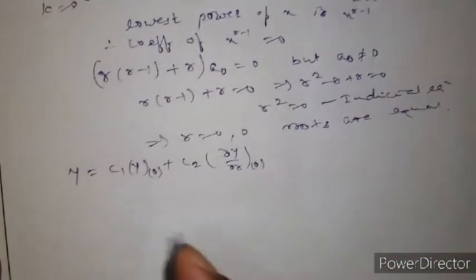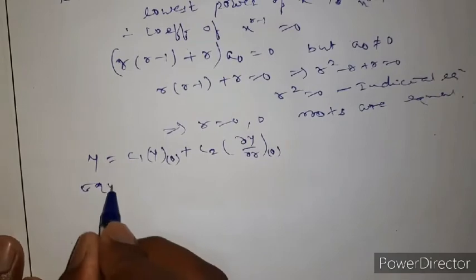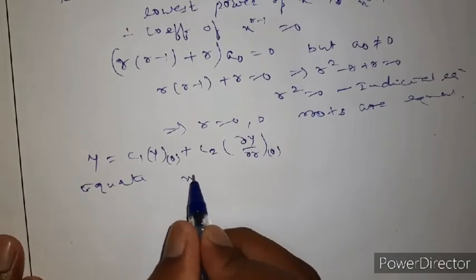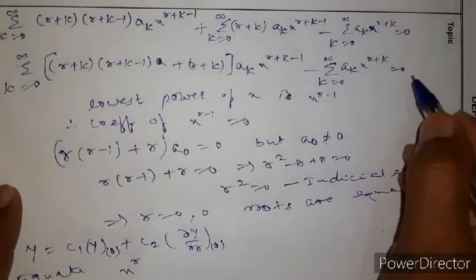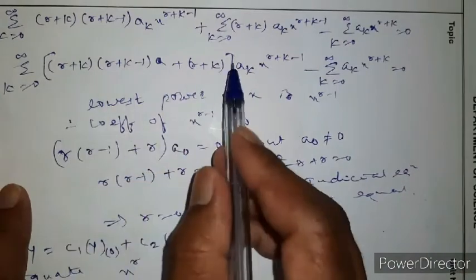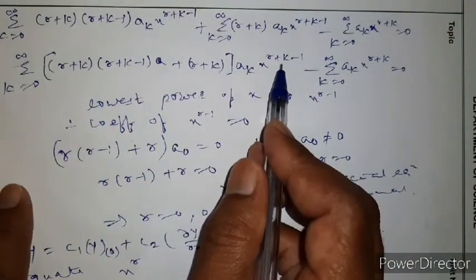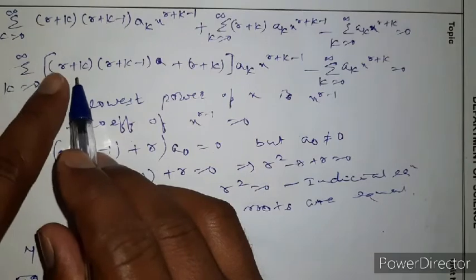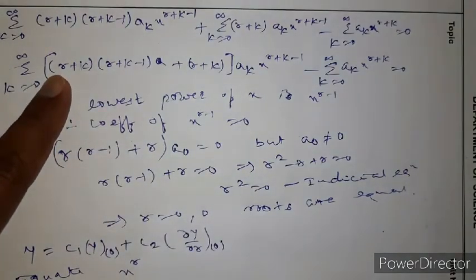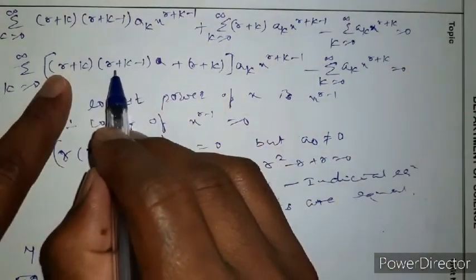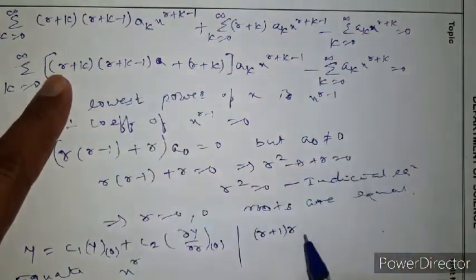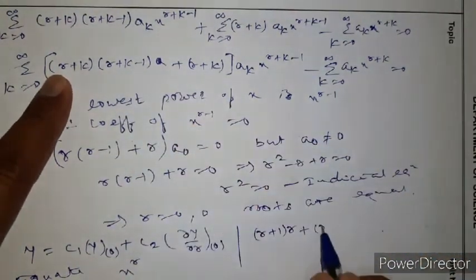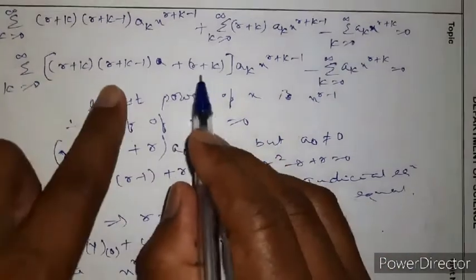So equate the coefficient of x raised to r now. Now tell me the coefficient of x raised to r from this equation. Yes, x raised to r we have to take, means I have to take k equal to 1 in the first term. So take k equal to 1. What I get? r plus 1. I am writing here r plus 1. Yes. Second one is r plus 1 minus 1, so r, okay, plus r plus 1. Understood? a1.